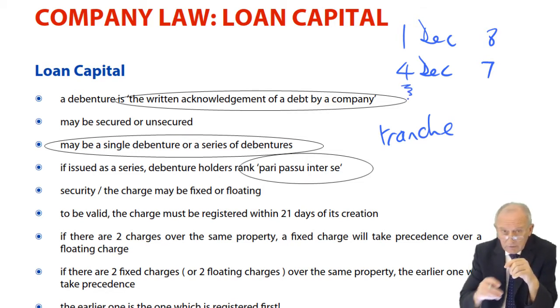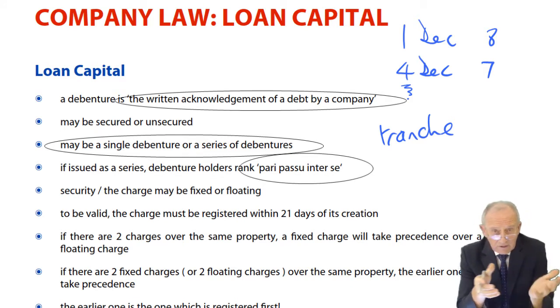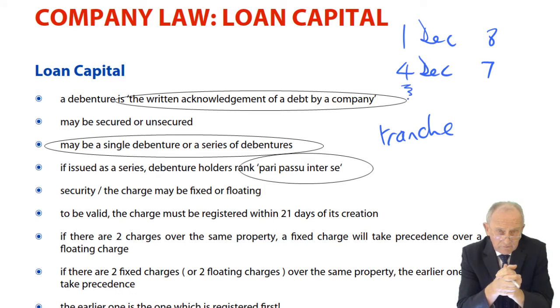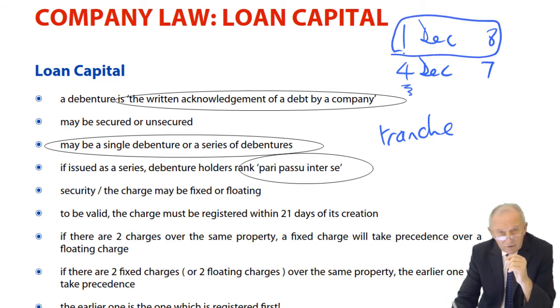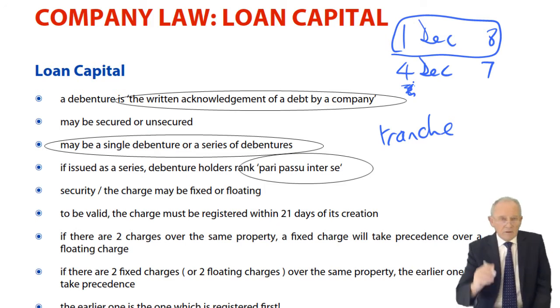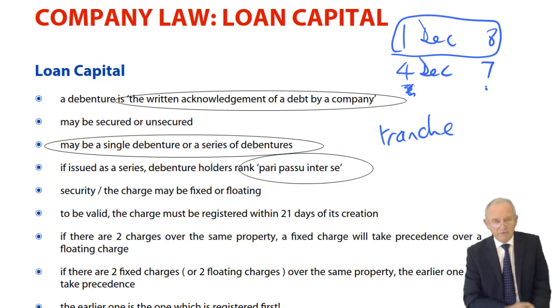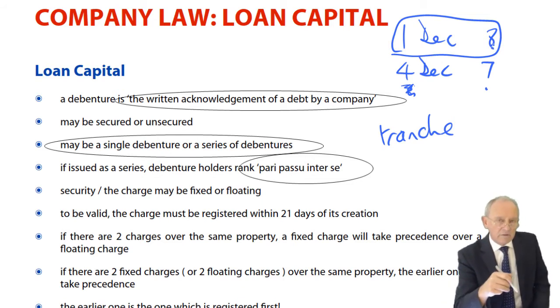When someone comes along and is asked to lend money, they say, can I look at your register of charges to see that there are no other people who lent money on this same property? And the register doesn't show anything because that's not yet been registered. So this person comes along and says, yes, I'll lend you money. And his loan is registered on the 7th. And the day after, along comes this one and registers on the 8th.